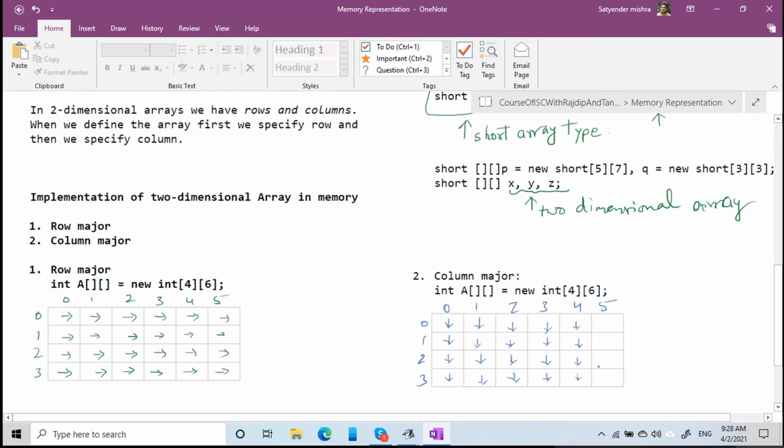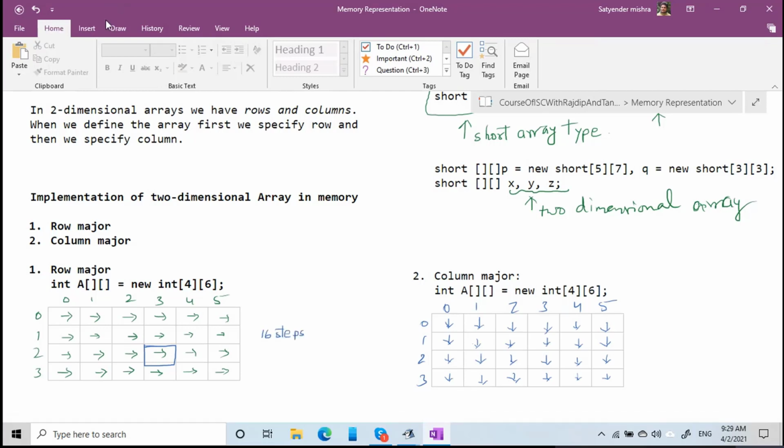So this idea is very much useful when we perform search in a double dimension array or two dimensional array. Say for example, I want to reach at this place. Then how many cells do I have to visit? If I traverse it with row major, then I have to traverse this 6, that means 12, 13, 14, 15, and at the 16th step I'm getting it. How many steps are required?